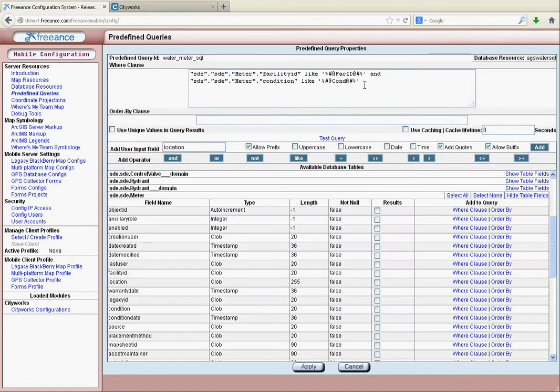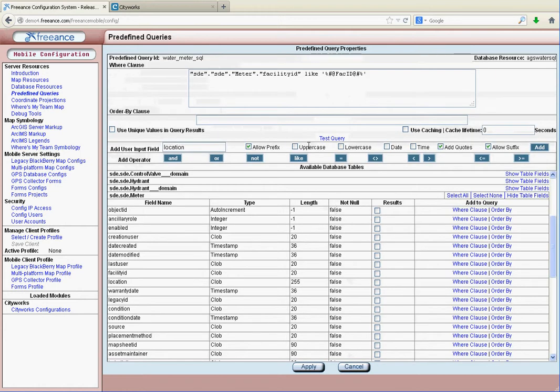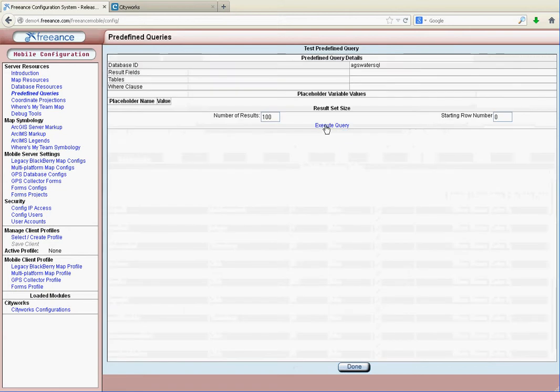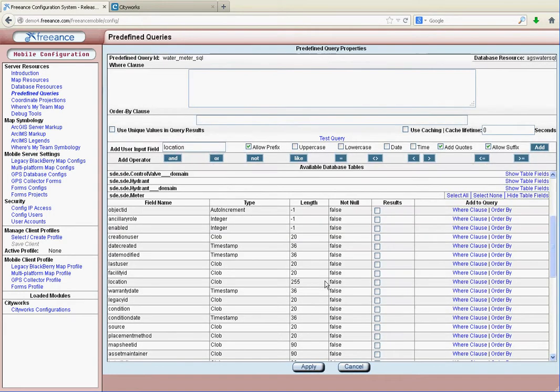Really having a little trouble here. Is it our first one? Test the query. Wow. Okay. Facility ID. Let's make sure this database is good. Let's test on. That's why that database is not